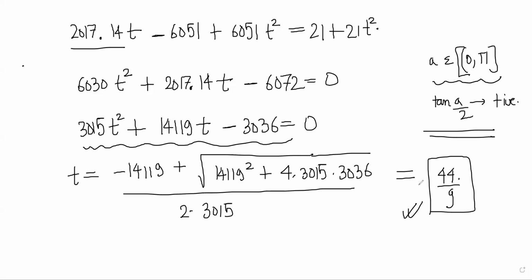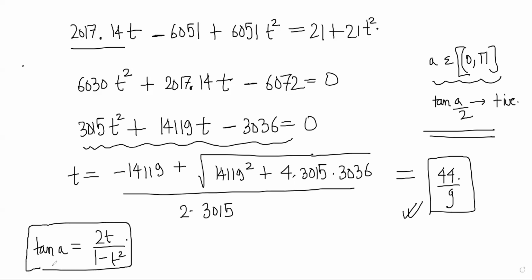And if t is equal to 44 by 9, then what is tan a? How do we find tan a? If tan a by 2 value is known, tan a will be 2t by 1 minus t square. I hope everybody is clear on this. So you will get 2 into 44 by 9 by 1 minus 1936 by 81. So you're getting tan a value to be